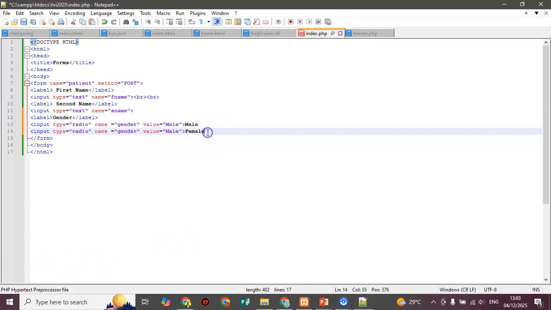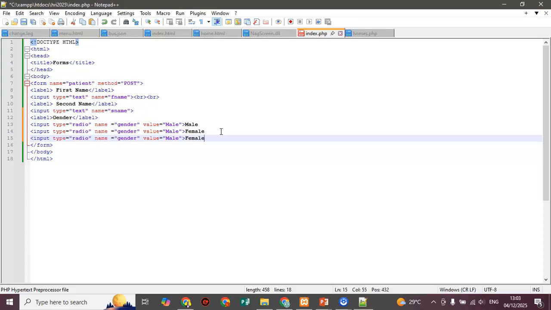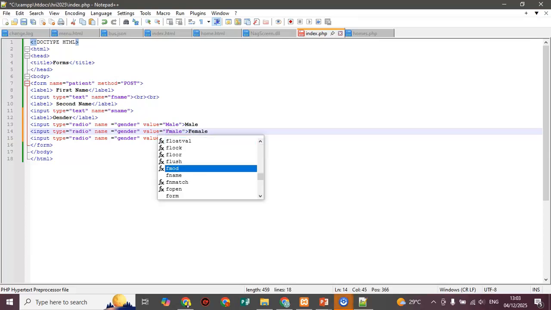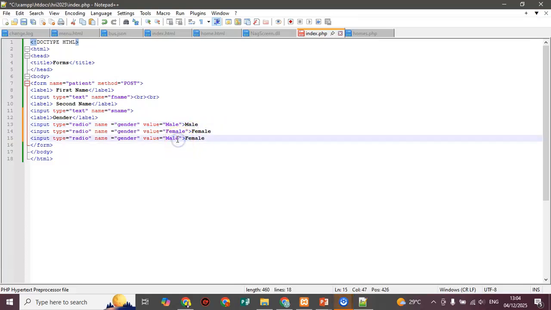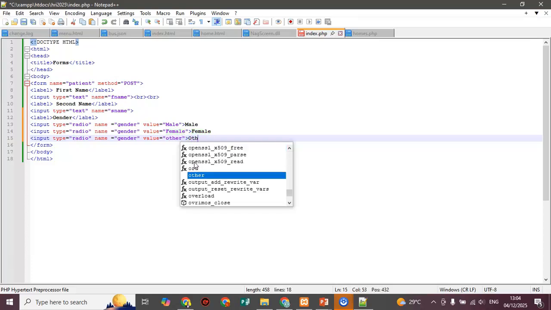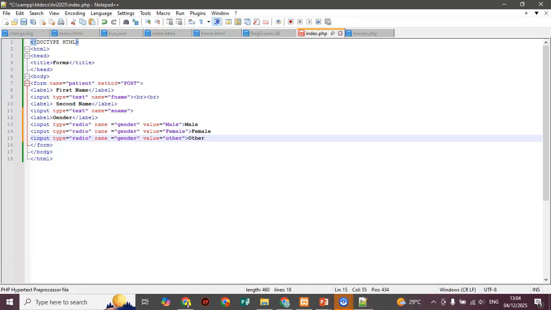So with this I have two of them, but probably people would not want to say their gender. So in that case we change this to female, and we change this maybe to other. Radio buttons, when they are grouped together, will be used to only allow a selection of one element. So we have this form